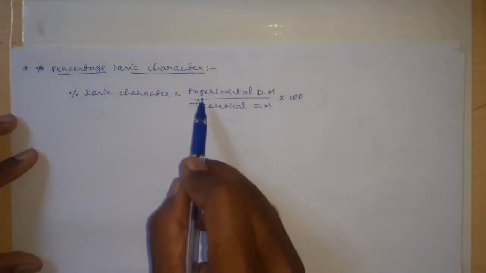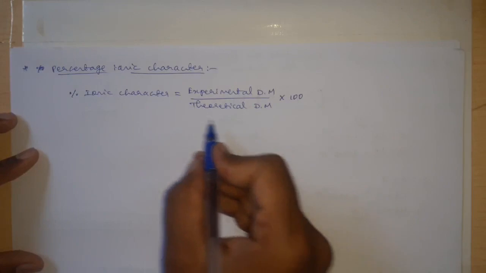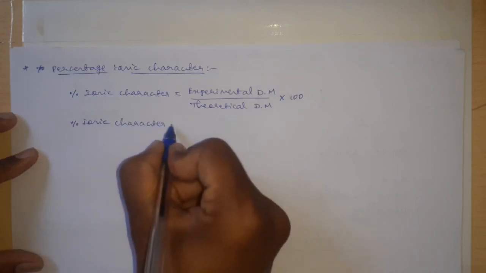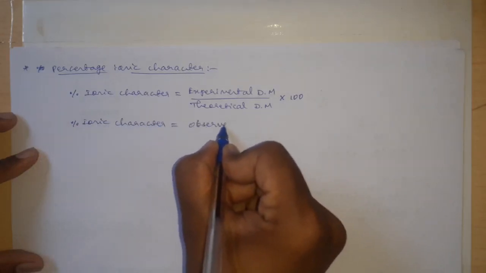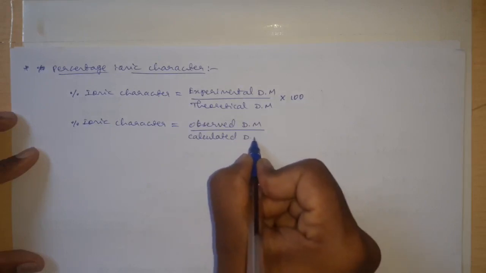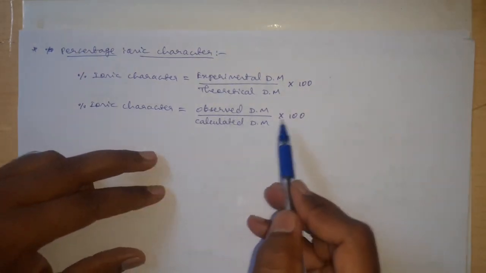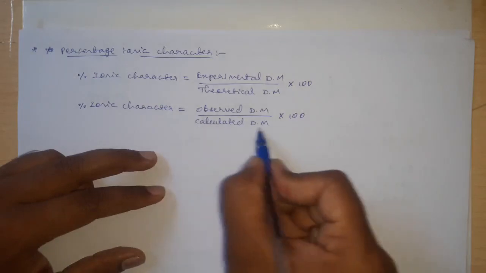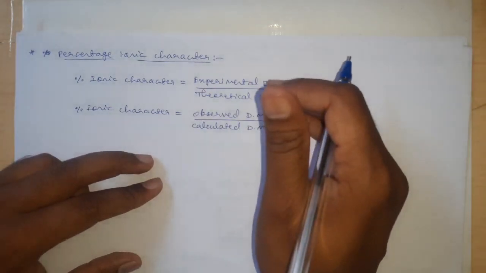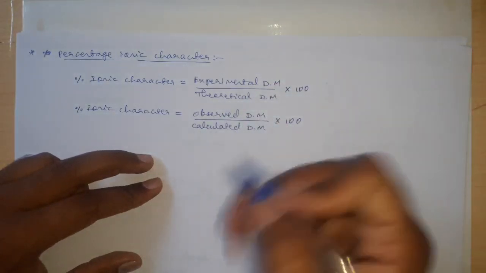This percentage ionic character can be defined as the ratio of experimental dipole moment to the theoretical dipole moment into 100, or we can write the percentage ionic character is equal to observed dipole moment to the calculated dipole moment multiplied with 100. In the exam they will give the observed dipole moment and ask to calculate the percentage ionic character in a given covalent molecule. And the calculated dipole moment can be obtained by assuming